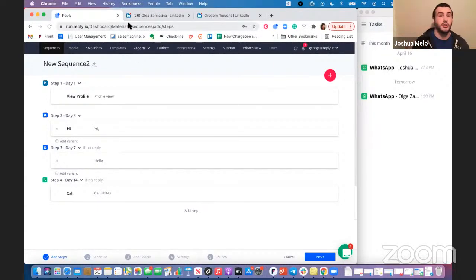Instead of just putting them at an arbitrary point, you can have the notification here to remind you, but you actually want to go to the people tab and sort by views. That way, all the people that have clicked a certain number of times or viewed your messages a certain number of times will appear right up at the top. And you can sift through your list from that point and hit the people that have come back, however often you're seeing that. Usually, as a rule of thumb, I say if they've viewed your emails more than you've delivered, that's a pretty good indicator of interest. Those are the people that you should be focusing on, as opposed to just blanket calling every single person. It's going to save you time, and you're going to find the rate of conversions higher because your team isn't getting demoralized by just leaving voicemails all the time.